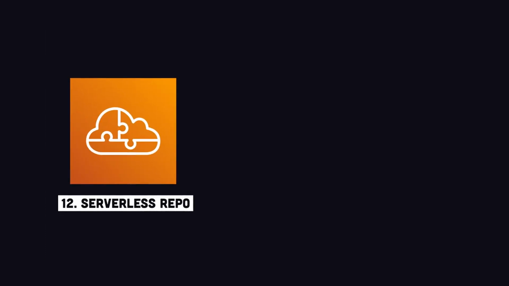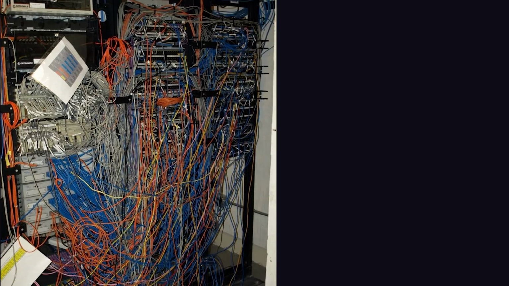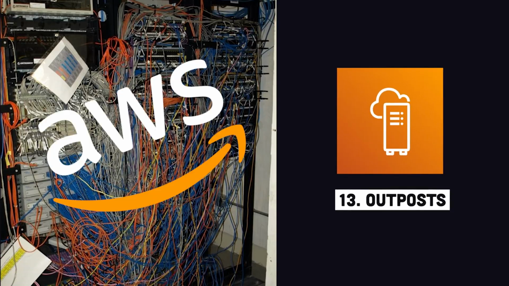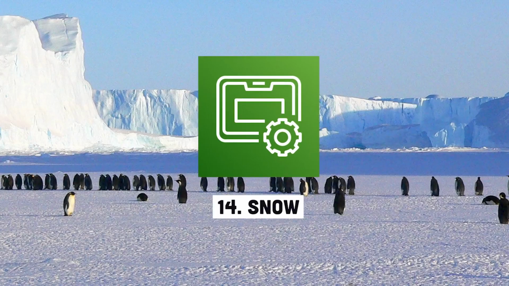Now, if you don't like writing your own code, you can use the Serverless Application Repository to find pre-built functions that you can deploy with the click of a button. But what if you're a huge enterprise with a bunch of its own servers? Outposts is a way to run AWS APIs on your own infrastructure without needing to throw your old servers in the garbage. In other cases, you may want to interact with AWS from remote or extreme environments, like if you're